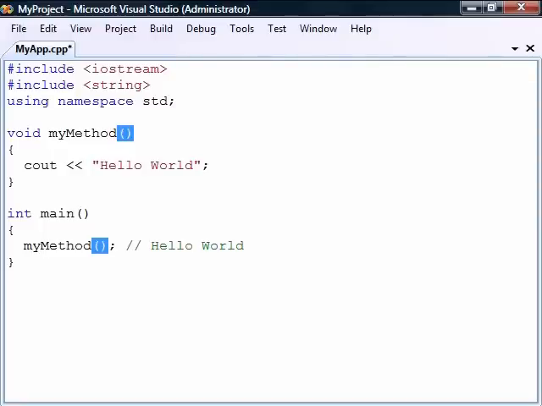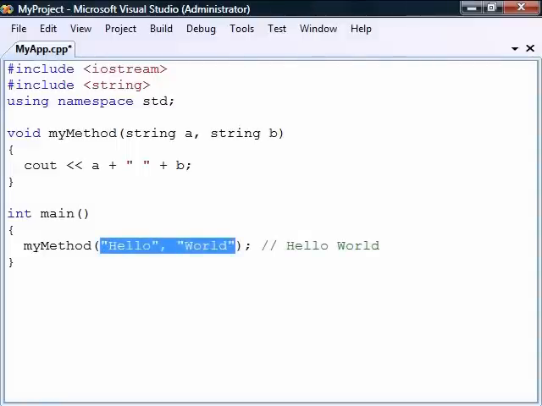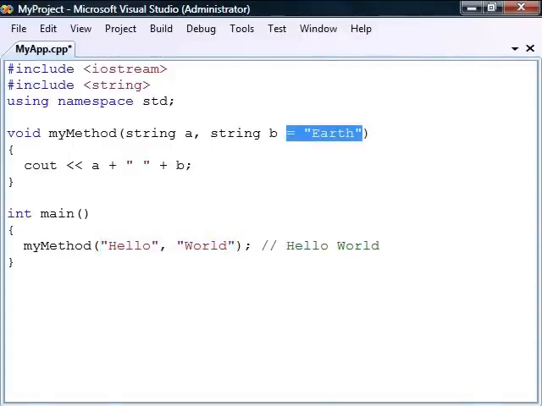To pass arguments, we must first add them to the function declaration in the form of a comma-separated list. A function can take any number of arguments, and they can have any data types. We just need to make sure to call the function with the same type and number of arguments. We can specify a default value for an argument by assigning it a value inside of the parameter list. Now, if we don't specify that argument when calling the method, the default value will be used instead. For this to work, it's important that the arguments with default values are to the right of the arguments with